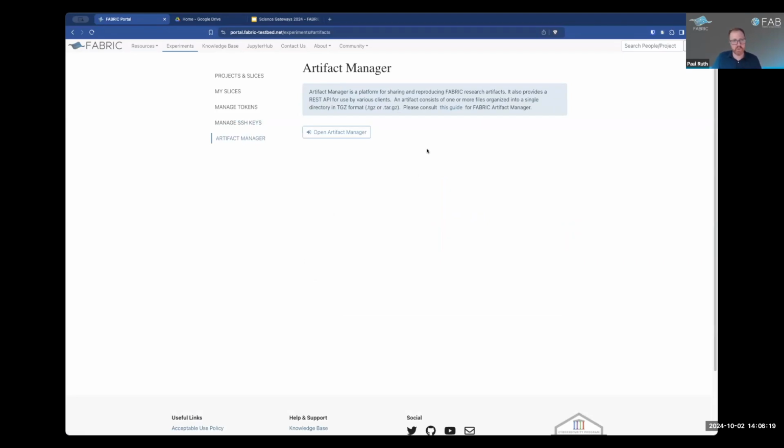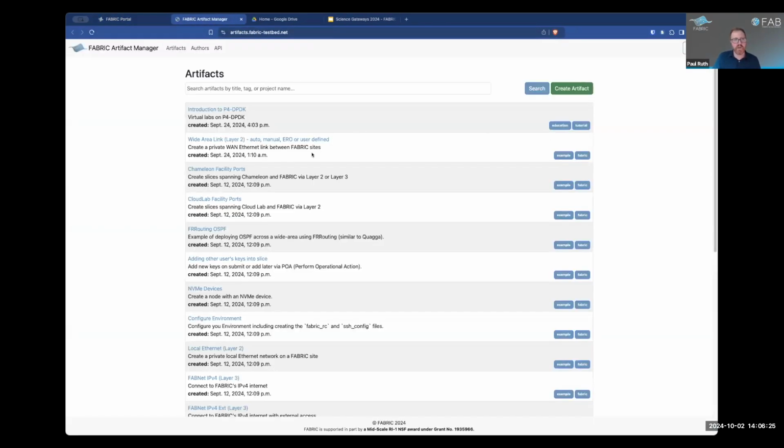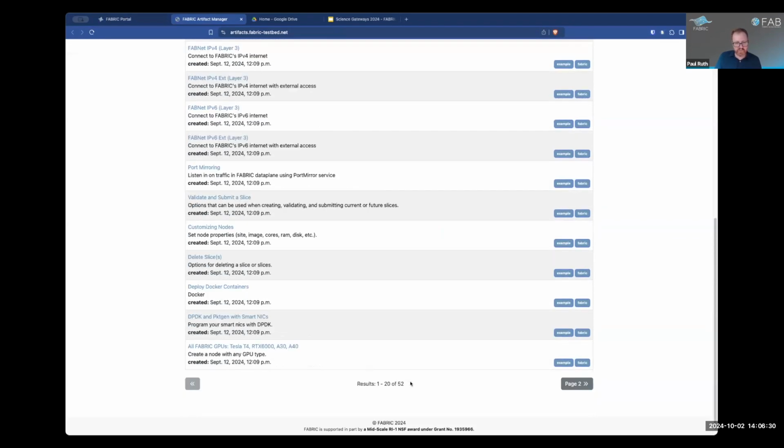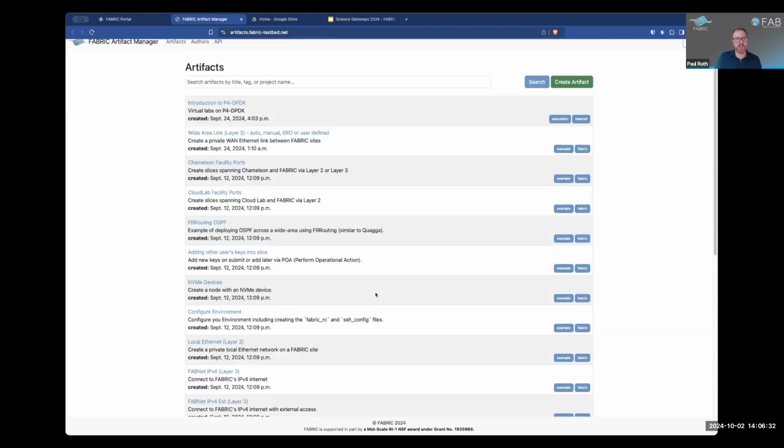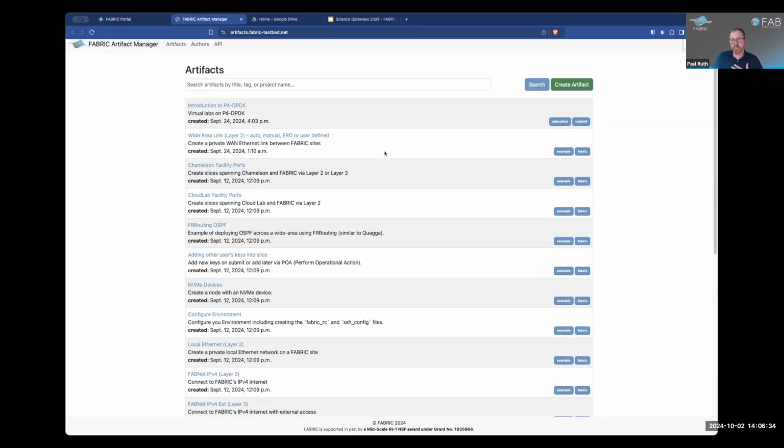Kamal actually did a lot of work building this, and Michael Steely, who's not on here. So this is a way for you to package your experiments. What we have here is a bunch of packaged experiments. There's 50 something or 52 of them. Many of these are our example notebooks that you can use to learn from, but they're also from users who